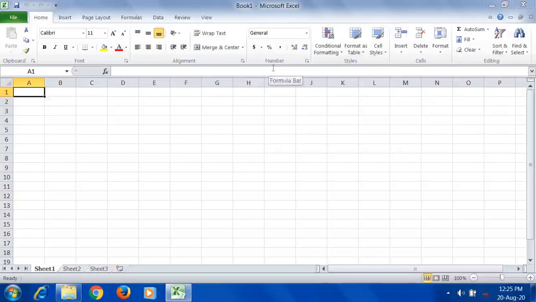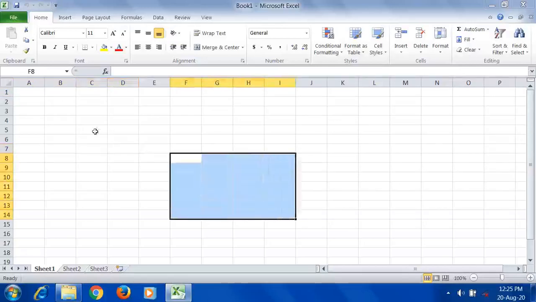A workbook is like a notebook. As I told you, a notebook consists of a number of pages. In the same way, this book contains a number of sheets, worksheets. Now how can you define a worksheet? A worksheet is a grid-like area. This number of rows and columns is called a grid.